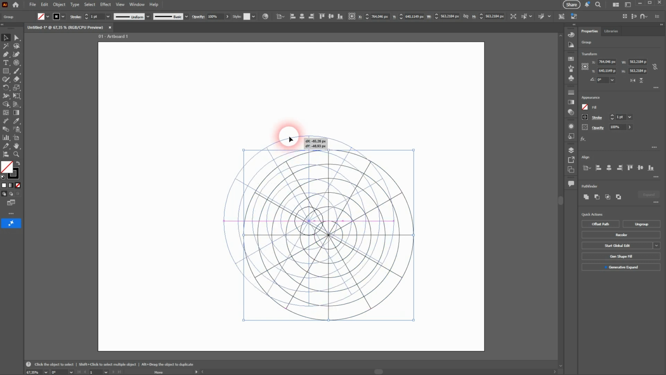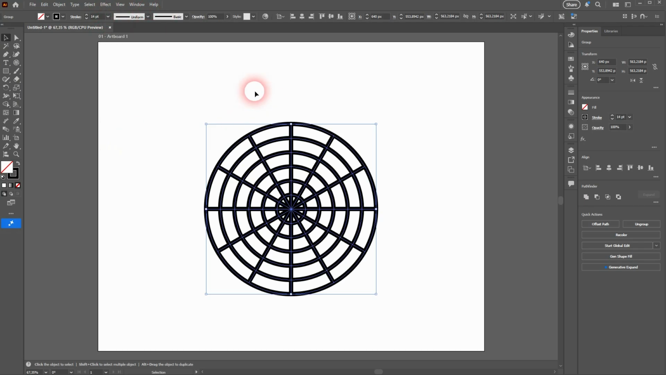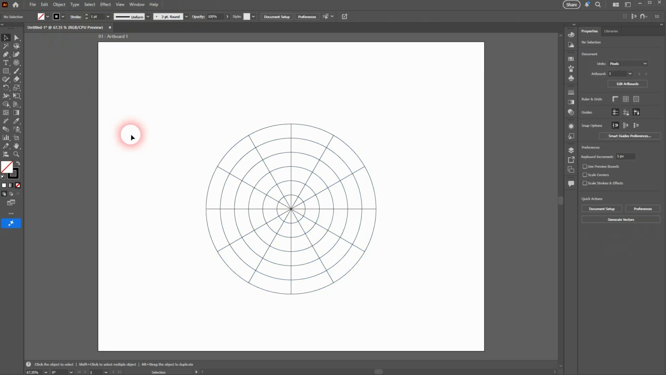Make sure you have a stroke color. I'll make it black and 1 point. This is our starting point, and now we use the ellipse tool, go to the center, left click drag, hold